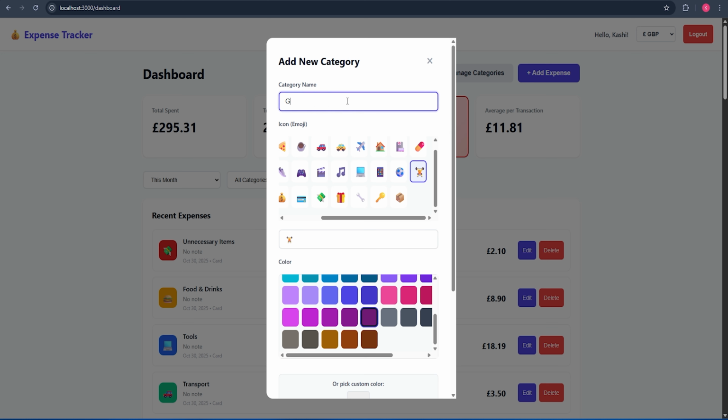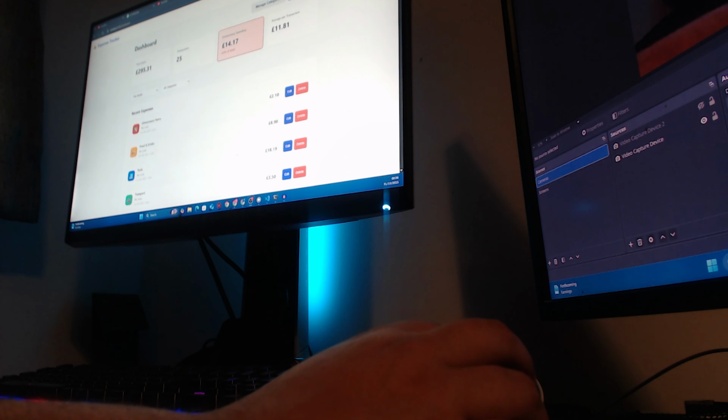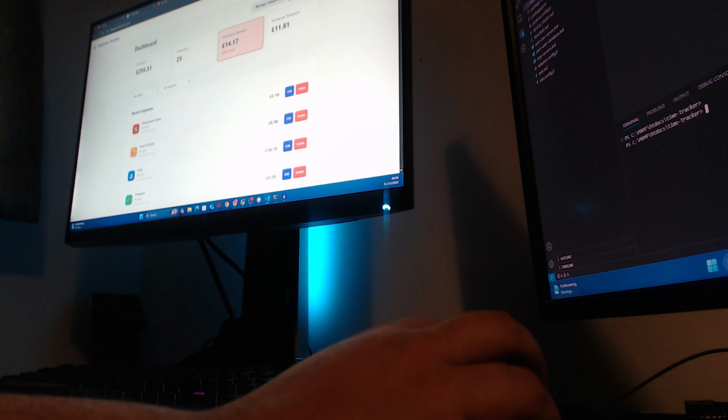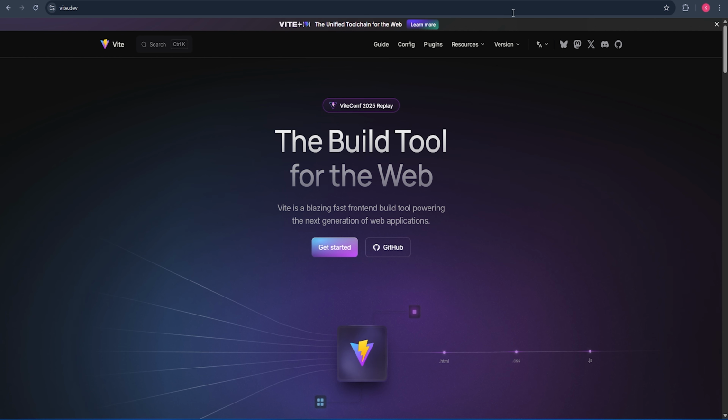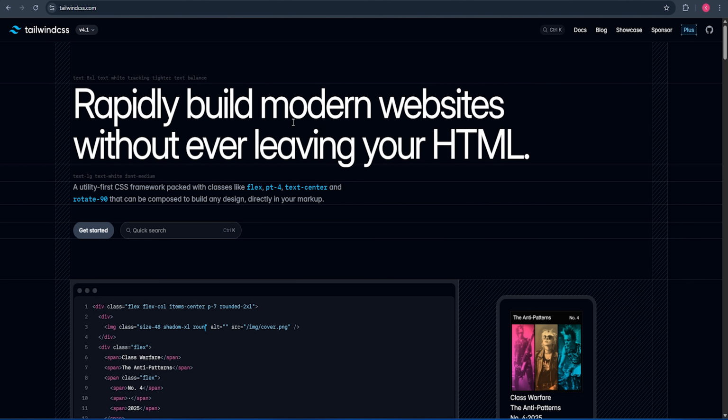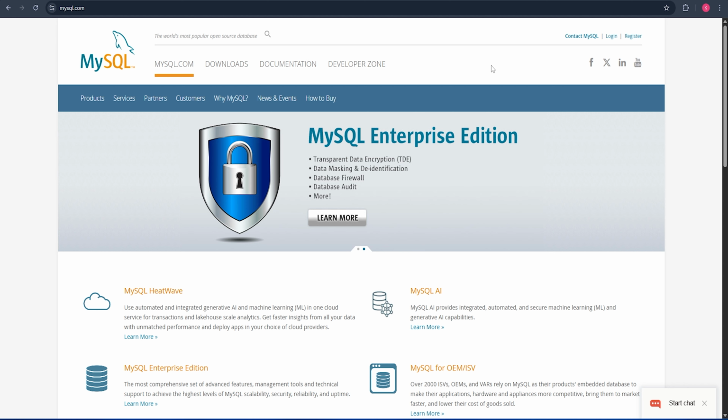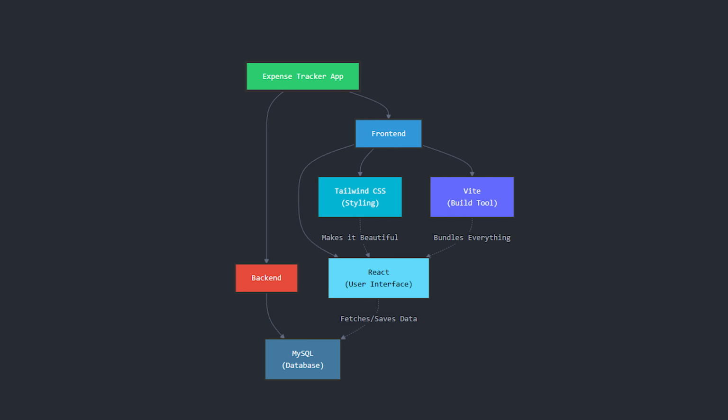Now, let me explain how I built this application. The programming language I used is React, which is a JavaScript library for building user interfaces. Along with React, I used Vite as the build tool. For styling and layout design, I implemented Tailwind CSS, which is a utility-first CSS framework. And for the database, I went with MySQL. A bit old school, I know, but I have extensive experience with it from my time working with PHP and WordPress. So the complete tech stack is React for the front end, Vite for building, Tailwind CSS for styling, and